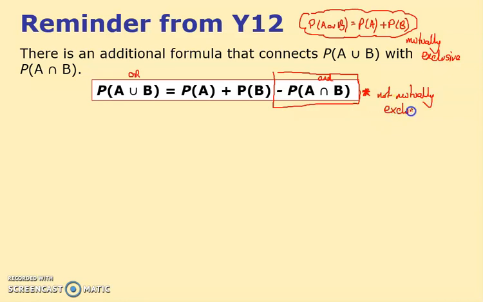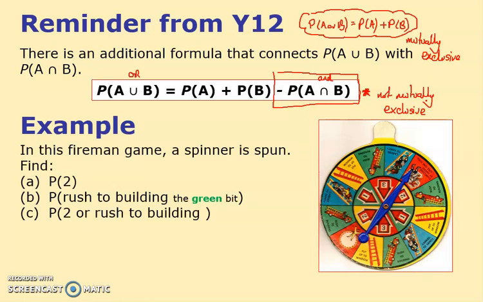So I want to show you an example of this, which is very similar to one I showed you at year 12. So we've got this spinner game. You can see it either spins in the inner section or the outer section. The fireman game, I've called it. And you can see initially it's landed, it seems to have landed in 2 and red. And the question says, what's the probability if I spun this, it lands in 2? Now if I just look around there, I don't think the outer bit matters if I'm just thinking about 2. There's 2 sections and there's 6 altogether, so I think that's 2 out of 6, which is a third, which